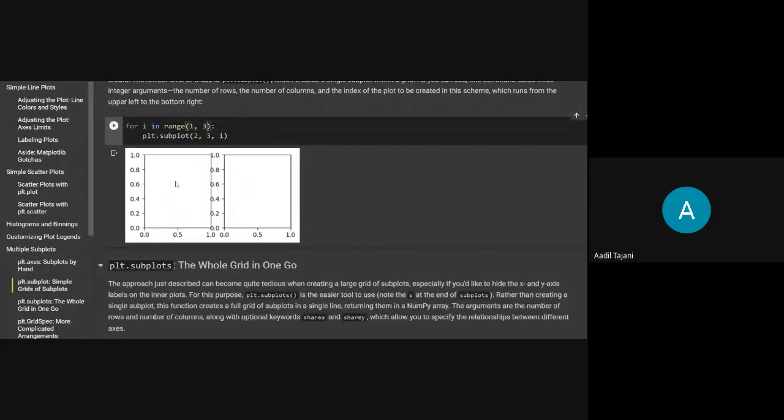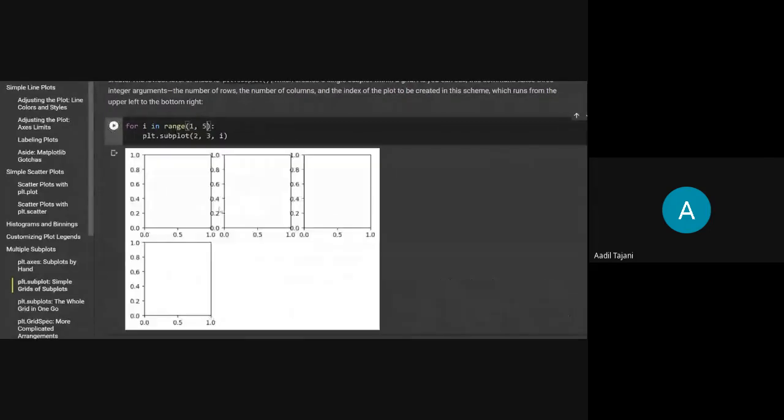So as you can see, in that 2 by 3 grid, I've just taken the first two plots. If I mention 5 here, then I'll get the first four plots. So in the 2 by 3 grid, I've taken the first, second, third, and fourth from the for loop.